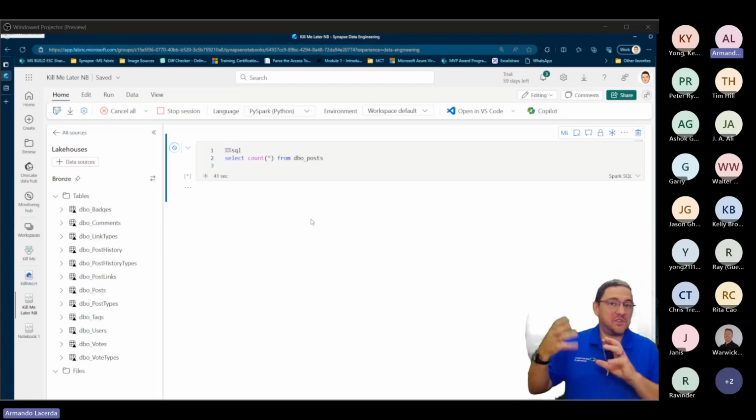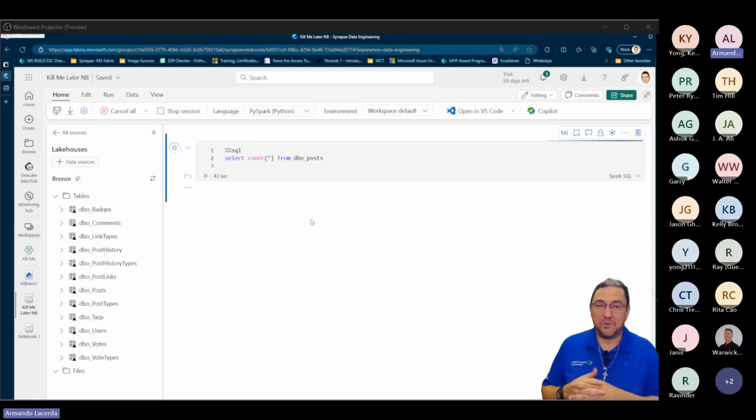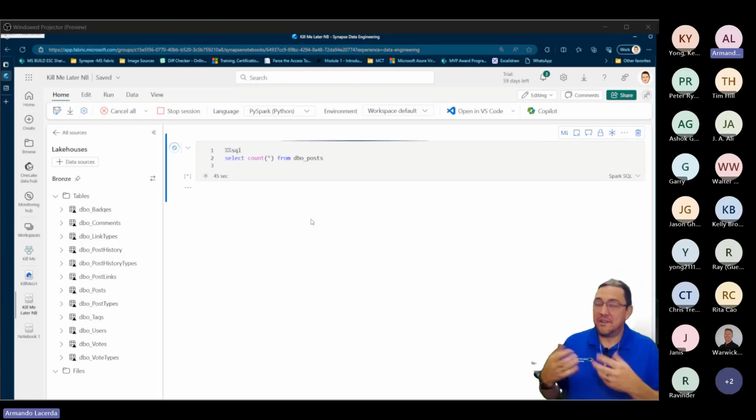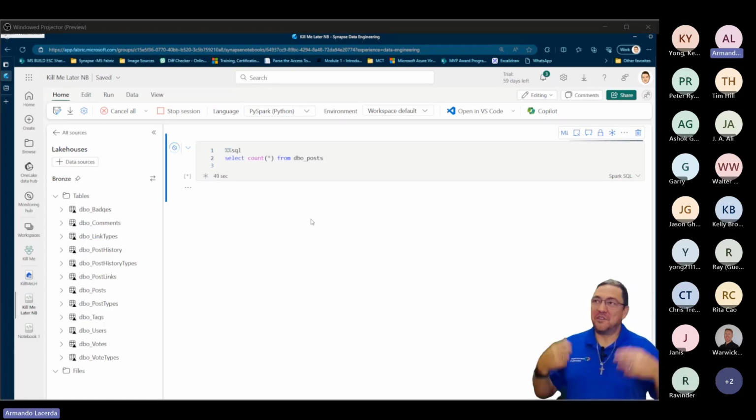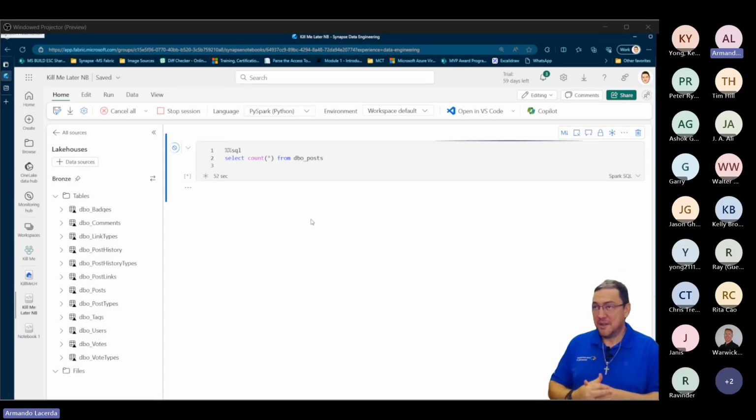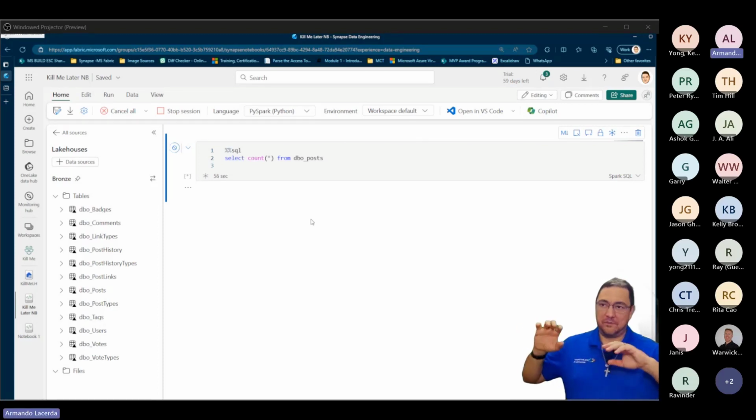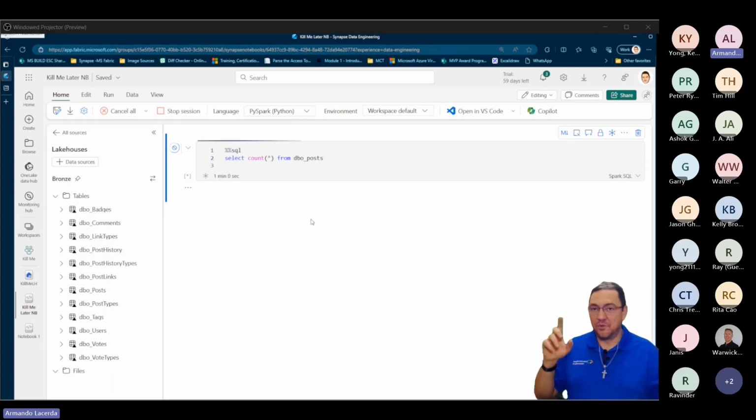The fun of it, which would be creating your notebook and your code inside the notebook, like your PySpark code, to do your data engineering. You already have your Spark elements created and good to go. One Spark definition for the entire workspace.